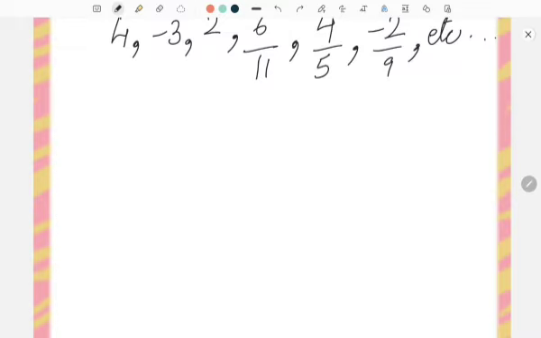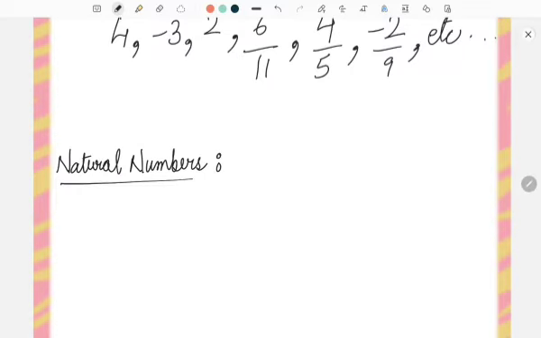The first one being natural numbers. Natural numbers क्या होते हैं? Natural numbers are all the numbers that are countable in nature. जो भी numbers आप count कर सकते हो are called natural numbers, like the number of fingers that you have, the number of cars that you have, and so on. All the numbers that are countable in nature, for example, starting from 1, 2, 3, 4, 5, and so on. All these numbers are natural numbers. So the smallest natural number is 1.